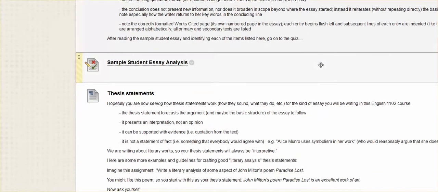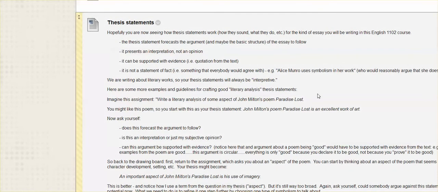We then talk about thesis statements, obviously a really important part of the kind of essay that we're writing. I won't read this verbatim, but it's important that you go through this. And again, when I grade your essay, there's not some mysterious set of things I'm looking for.